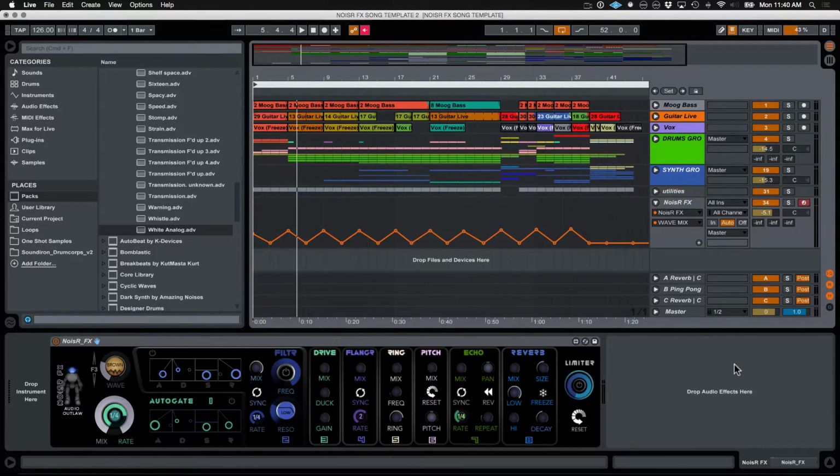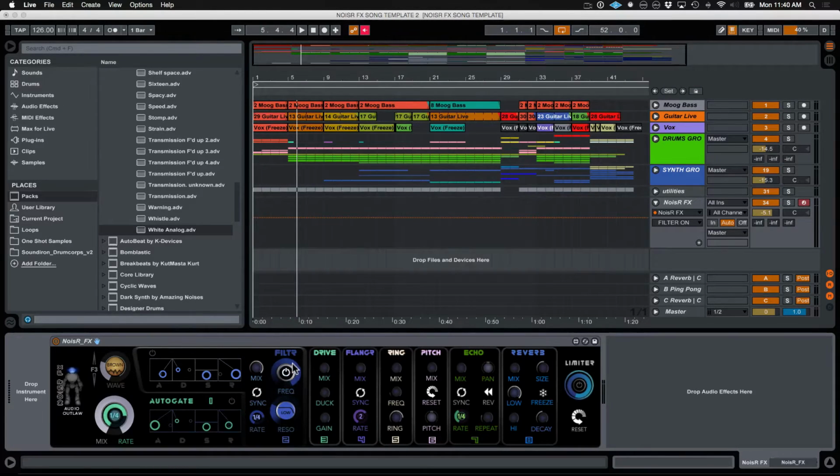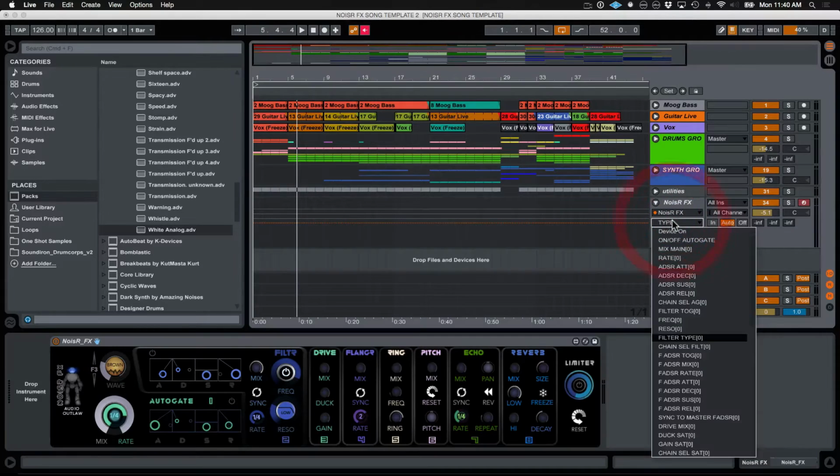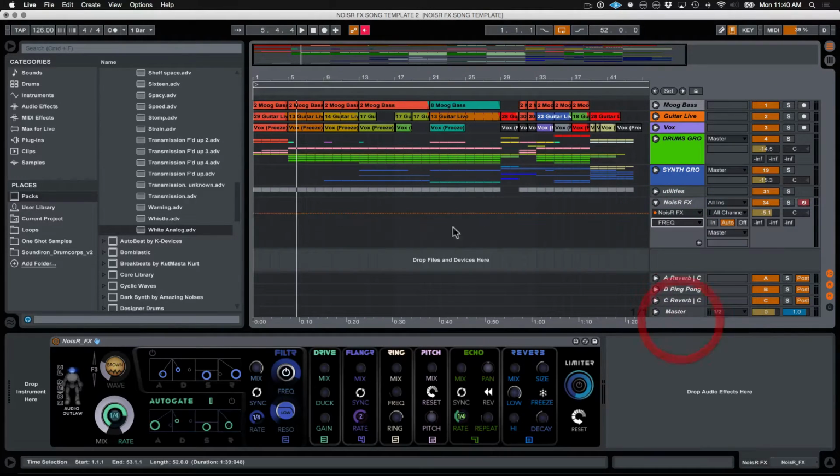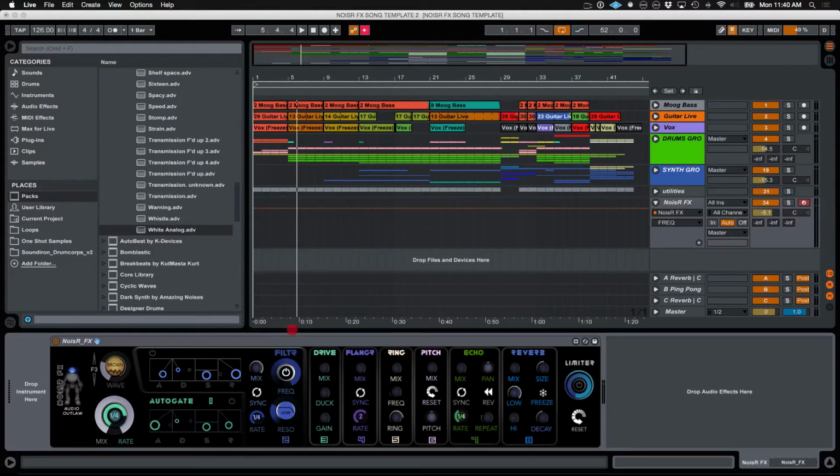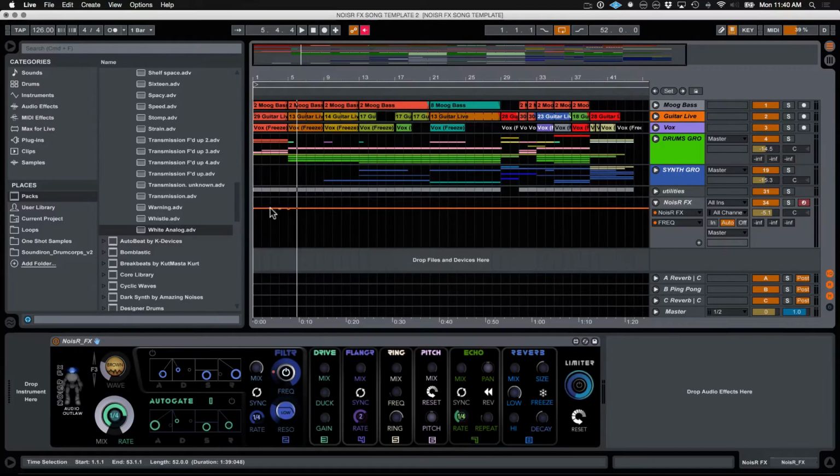That sounds cool. The next thing I want to do is turn on the filter. I'm not going to automate that because I want that to be consistent throughout, and make sure that we have a low pass selected here, as we do. And we're going to go to the frequency and automate that. So let's choose the frequency from the menu. We're going to do a similar thing, except I'm going to start at the top, with the filter wide open, and we're going to create more dramatic